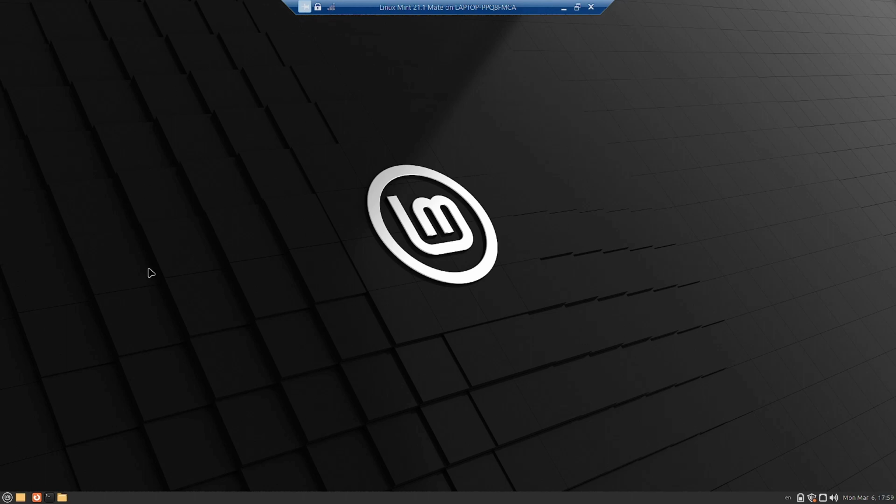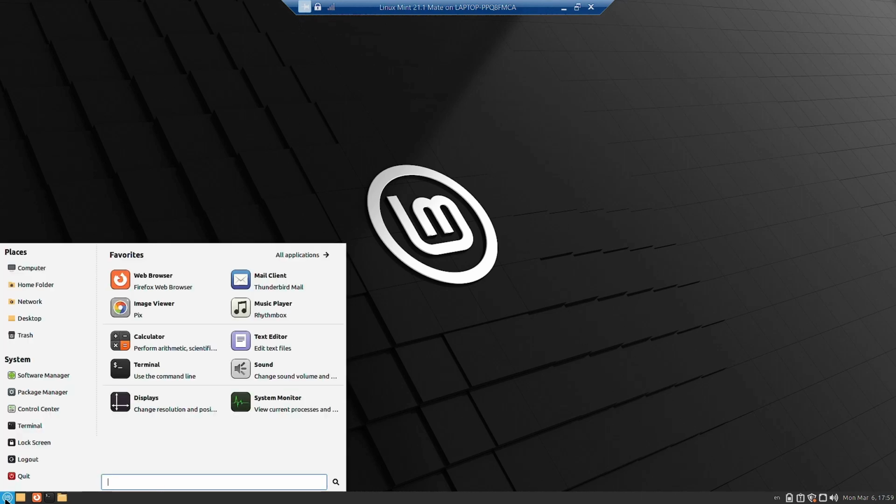So in the traditional Mate desktop, you have got two panels, one panel at the top and the other panel is at the bottom. The bottom panel contains the minimize maximize button and the workspace chooser, and the top panel contains this application menu. There are some shortcuts or you can say icons are there to directly access certain frequently